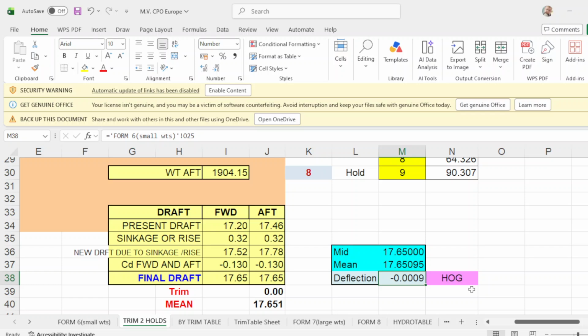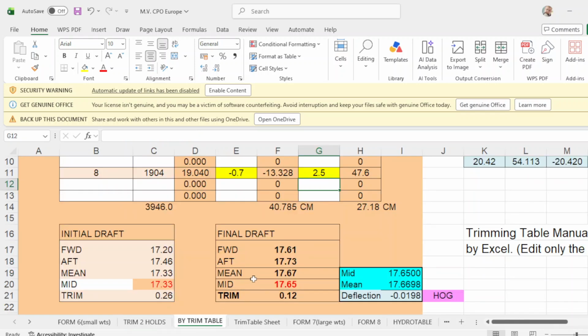So you have 2 programs to back you up, your program, which is the same with your loading sequence or loading plan. Then we go by the third program, the trim table. Okay, take note that the initial drop forward is 1720, up drop is 1746, main drop is 733, and your mid is 1733, and your trim is 26.